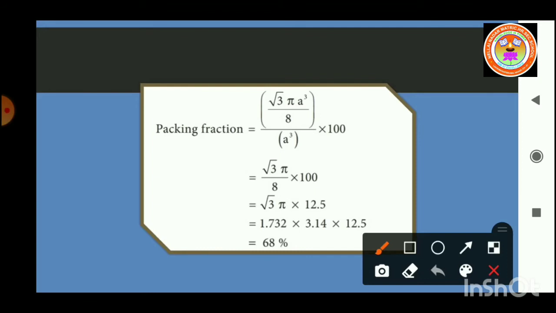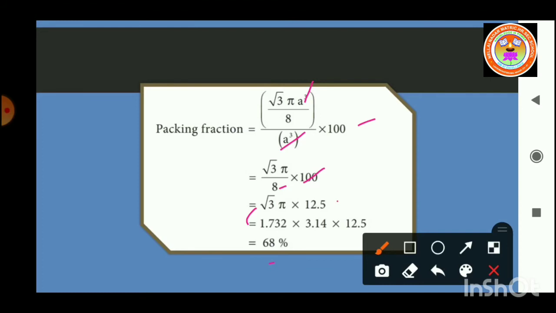BCC is also one of the cubic unit cells, isn't it? So the volume here is also a cube, into 100. Shall I cancel a cube, a cube? So it becomes root 3 pi divided by 8, into 100. 100 divided by 8 becomes 12.5. Shall I substitute the value of root 3? 1.732 into pi 3.14 into 12.5. So it becomes